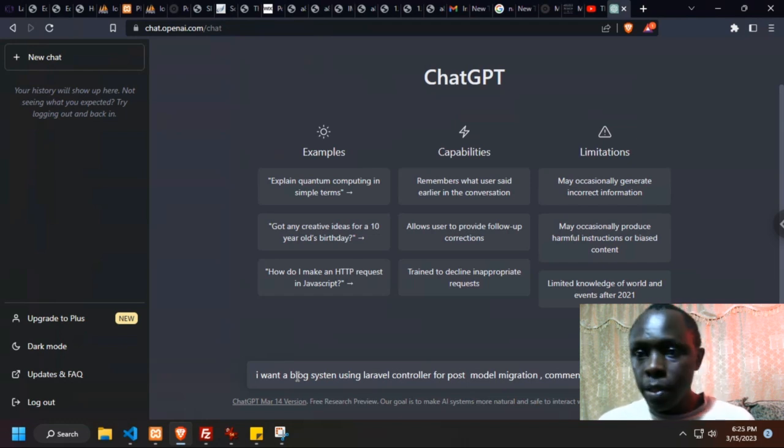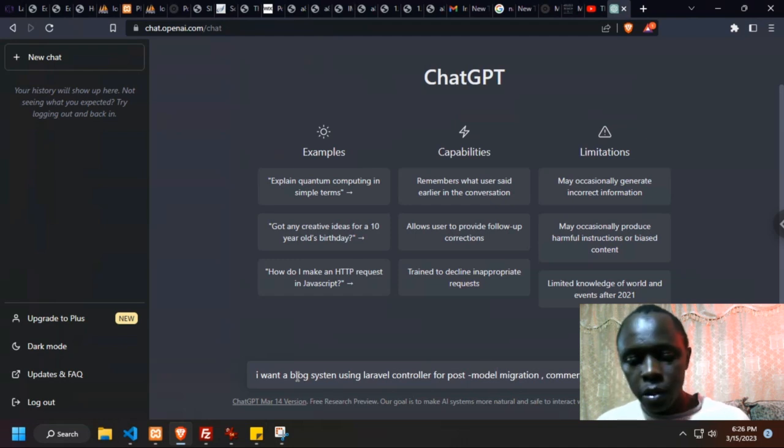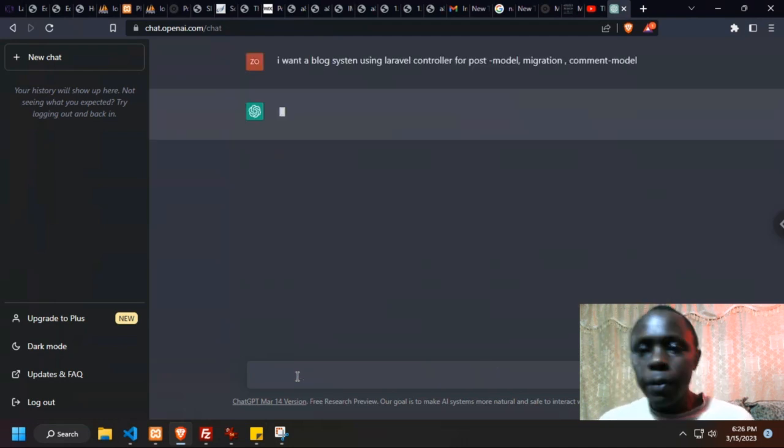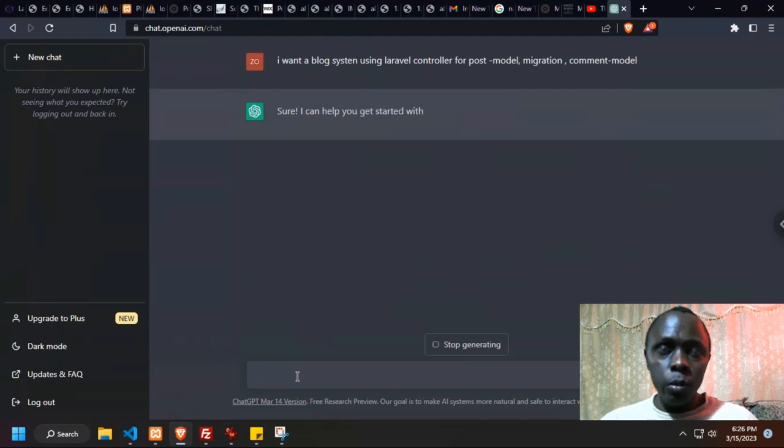So basically that is a comment model. I just want a post model, a comment model and a migration. So basically it's going to create all that for us. Let's give it a second and wait. I might have a vague question, but it's definitely going to think about it and